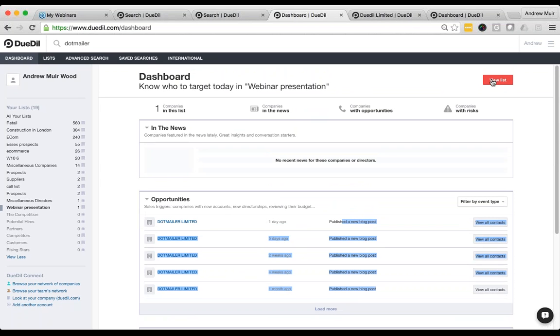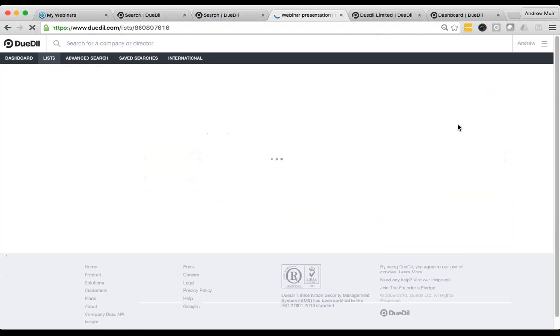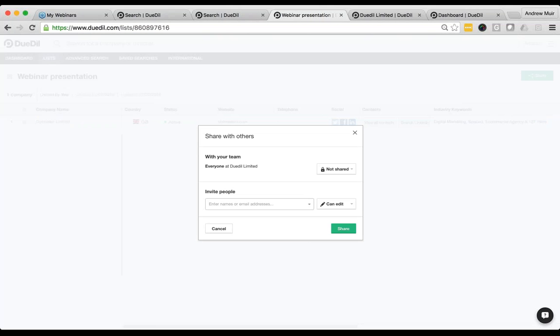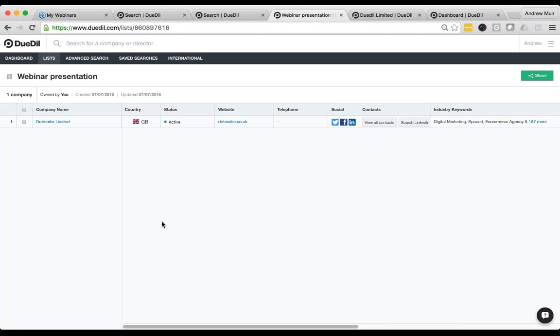And the other thing that you can do, and why DueDil is very much a team solution, is that you can actually share that list. So if I go to the list itself, I have a share button at the top right, which tells me, okay, what do you want to do with that list? And I can share it with everyone at DueDil. So, of course, for us, it's our own enterprise. Or if Andrew was kind and shared it with me, he can just type my name. And as we're in the same enterprise, he can share it here. And I'll start seeing that list in my account as well.